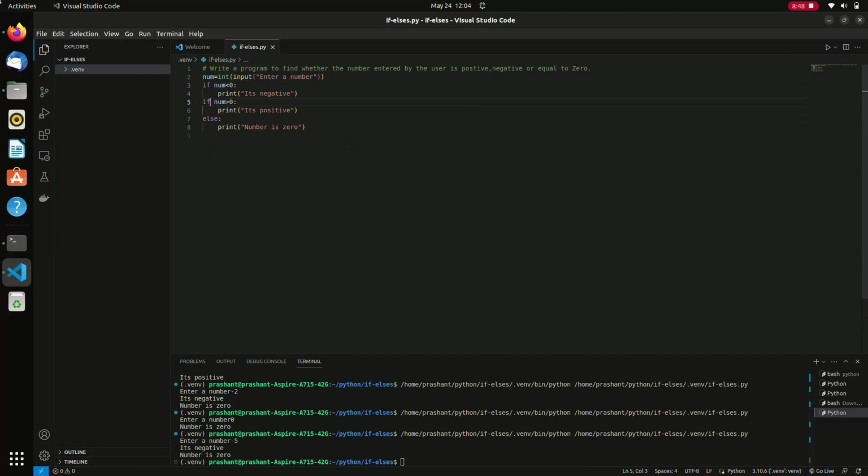and many ifs, then every if will be executed. And if we write if and else, then if will be executed, and if it is not true, then else will be automatically executed. For removing this problem, we use elif. Elif stands for else if. If the first one is not true, it will check for the second one, elif. And if the second one is not true, then it will execute